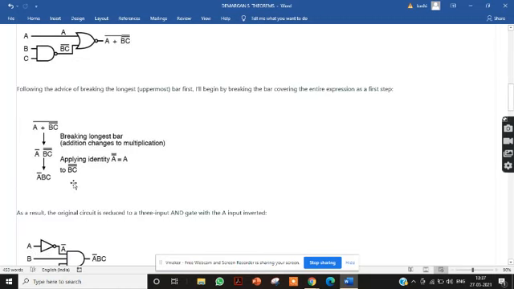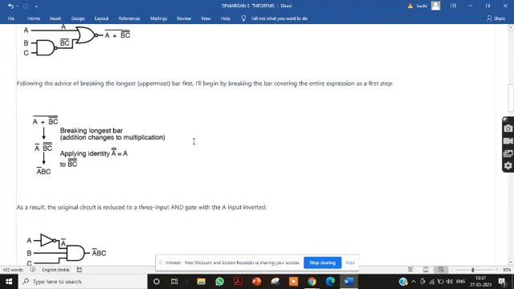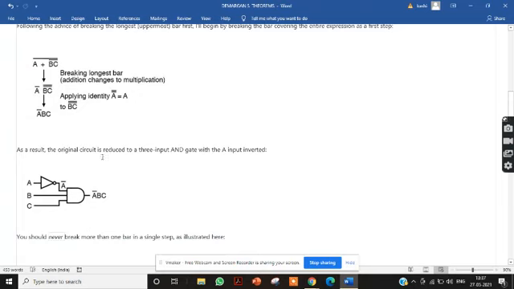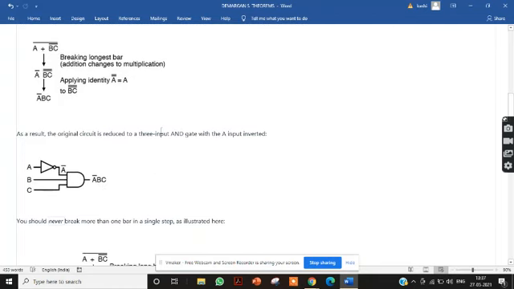How? What are the inputs? A bar is one input, and B and C. It is a three input AND gate. See, symbolically we are writing this. To get A bar we use one NOT gate, and B and C are inputs. So we get an AND gate, so A bar BC. You have to remember it like this.